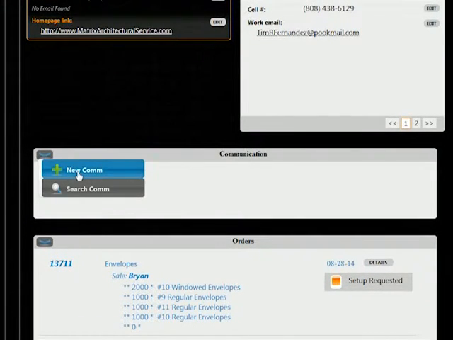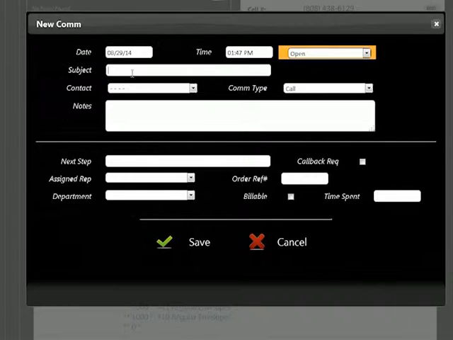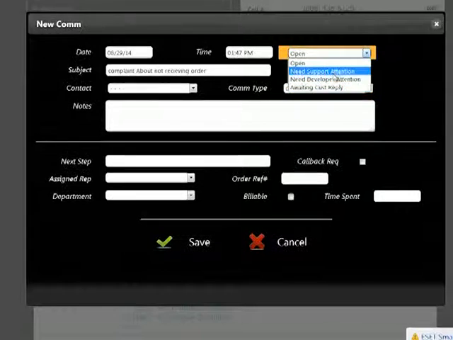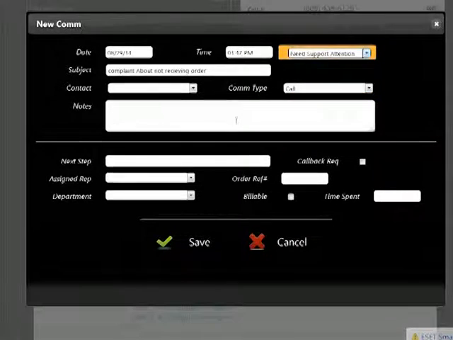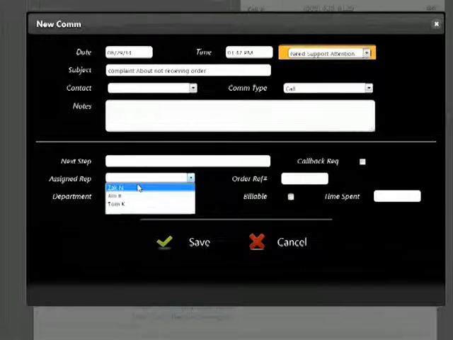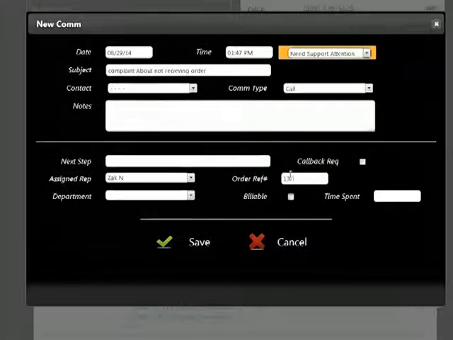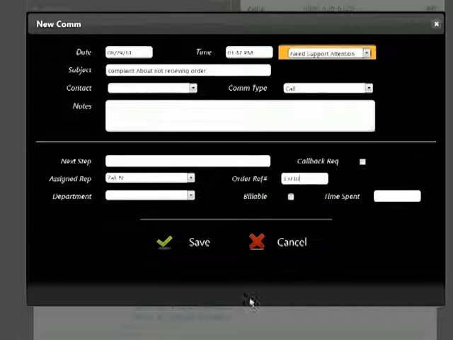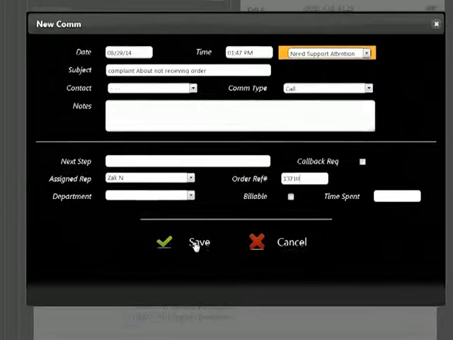I will say complaint about market need support attention, so somebody can take attention for that. I can even assign it to Zach, and we can put the order reference number here. So from now on, anytime we want to look up communications that are related to that order, this com now is linked to the order.